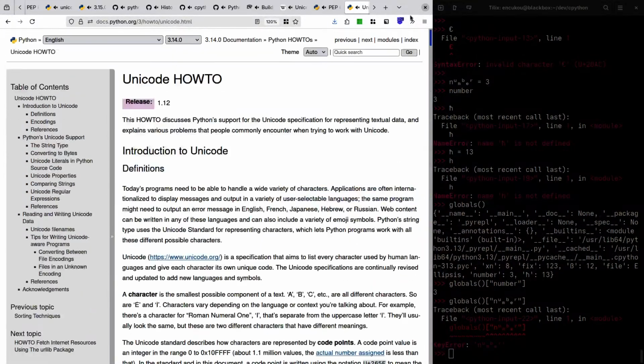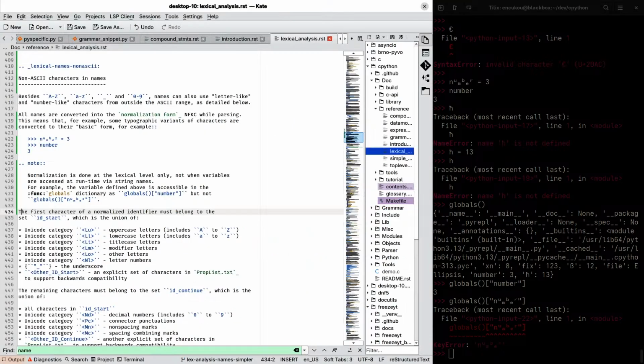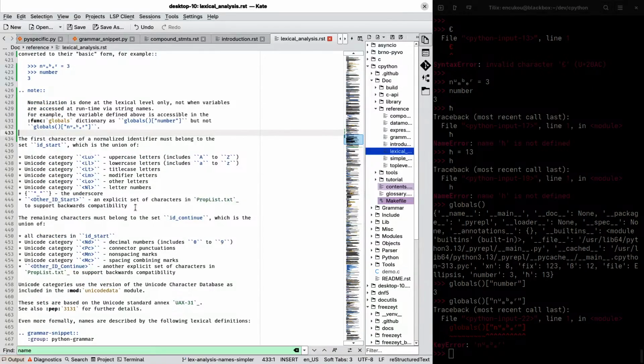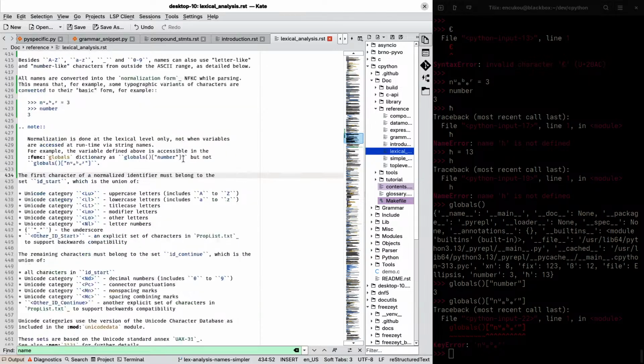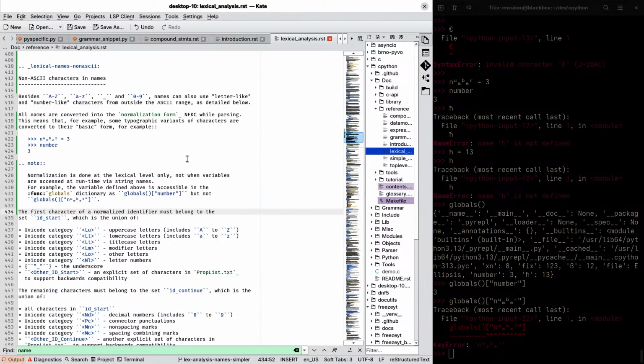So this is how you work with Unicode text using Python, not how you write Python with non-ASCII identifiers. So maybe have something in there that tells people that if you're writing Python code with Unicode, go to this place.